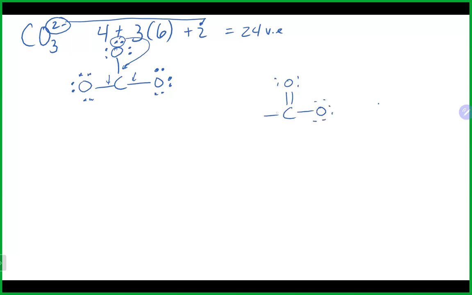It'll look something like this. And again, a little bracket and a -2. This obviously, as you can probably imagine, is another one that we could draw several different structures for, these resonance